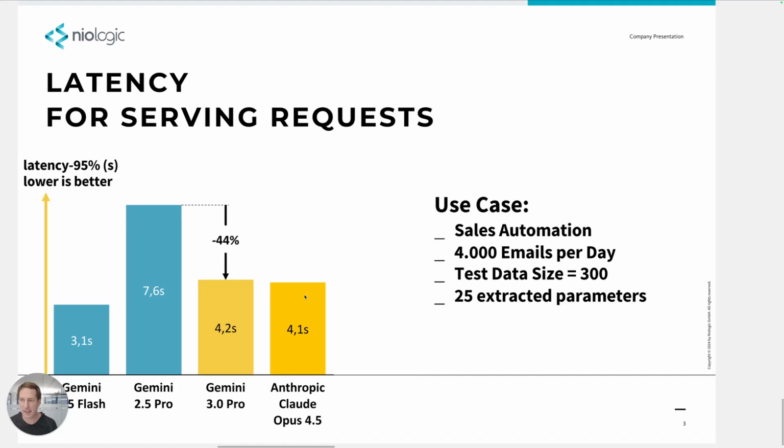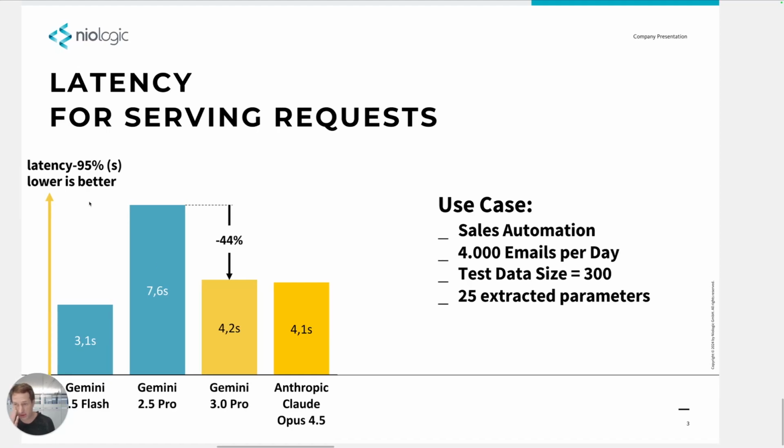Yeah, let's talk last about latency for serving requests, the 95% interval. Lower is better. You see, of course, Gemini 2.5 Flash was always the fastest model. Pretty fast, but pretty useless answers. Gemini 2.5 Pro was pretty slow, especially since we believe there was a reassignment of CPU or GPU allocations in the data center, and there we definitely see much worse performance for Gemini 2.5 Pro with around 8